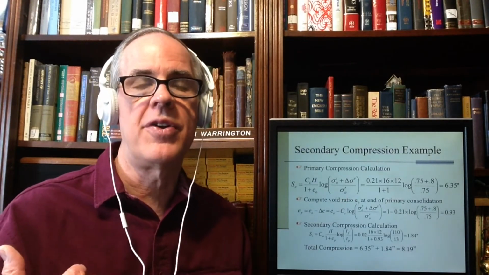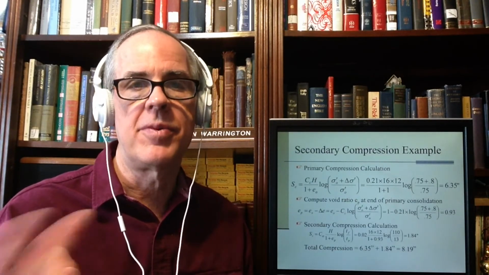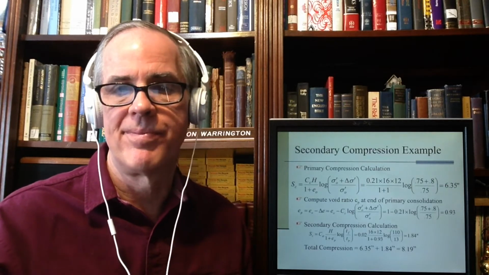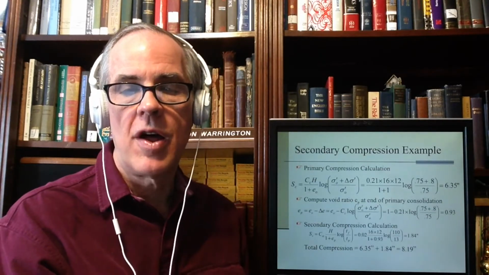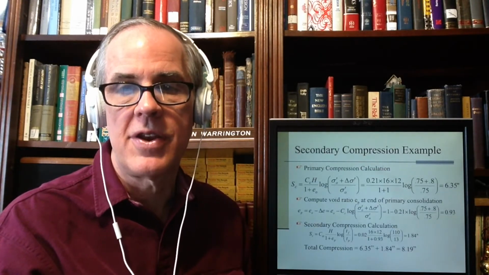In other words, I know this says 90%. I simply use the initial void ratio at full consolidation times the log of the final time, which is 110 years, over the log of the time that goes into that, which is 13 years. And I get 1.84. So the total compression, because of the two consolidations, is equal to 8.19 inches. And that finishes settlement